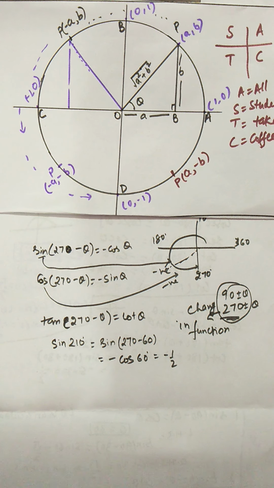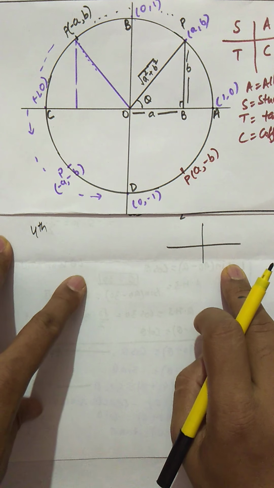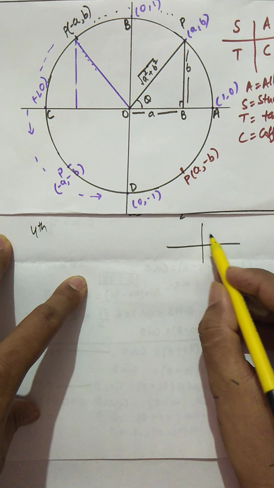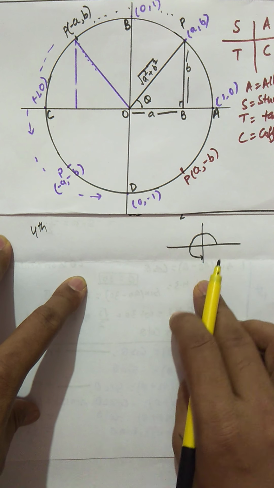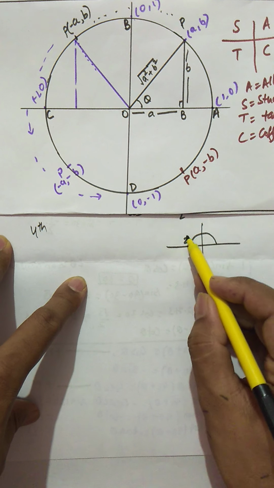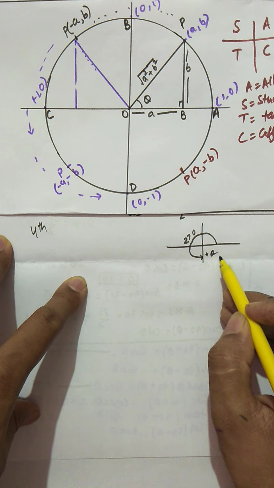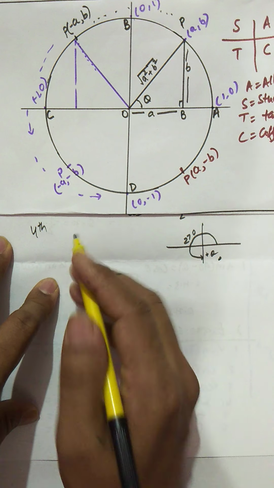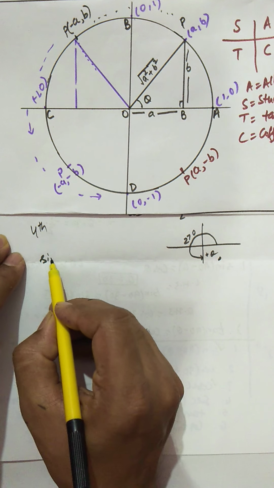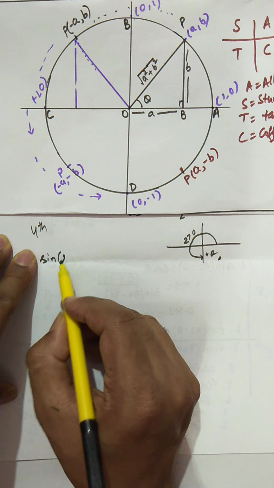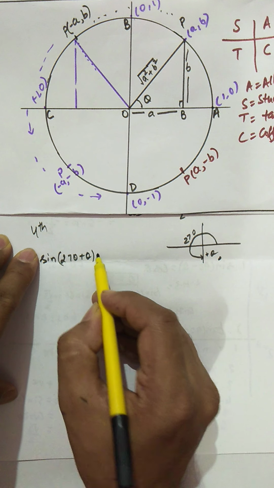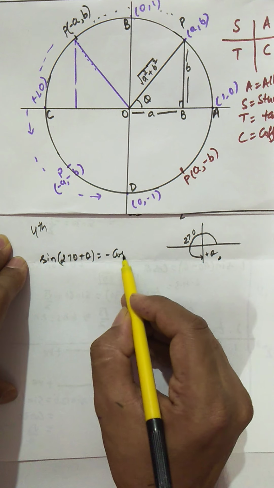Now we move to our fourth quadrant after this. In going to the fourth quadrant, we have ways, like we can go from 270 and add some angle, 270 plus theta. So I am reaching the fourth quadrant. So how will the changes be? Sine of 270 plus theta is going to be minus cos theta.